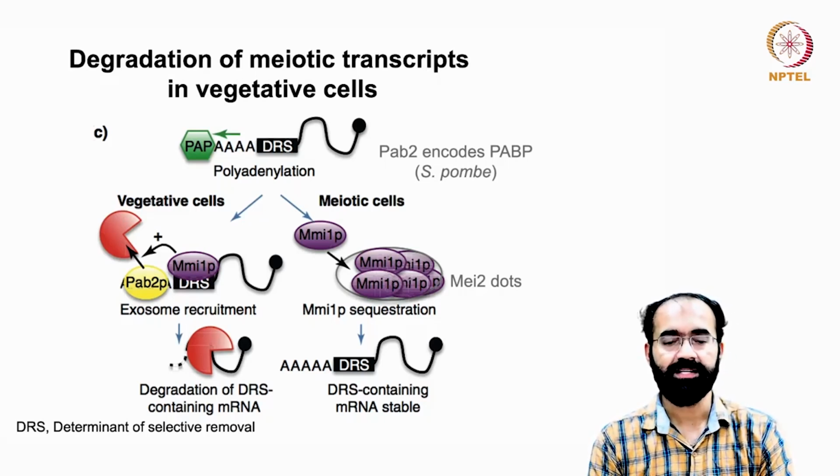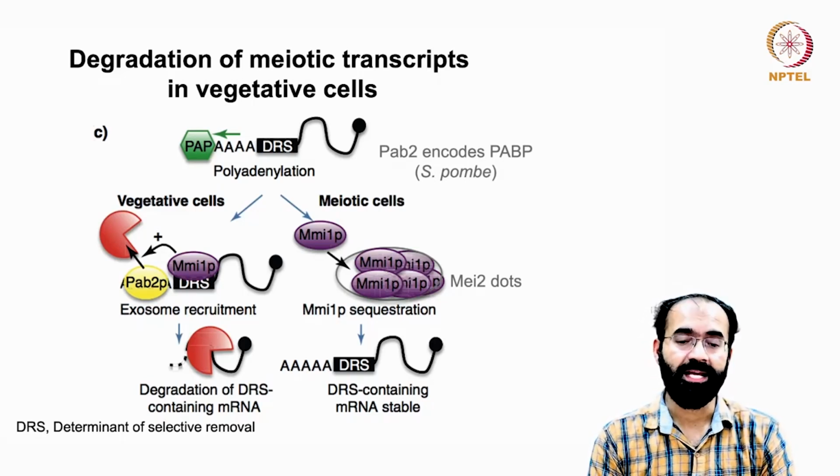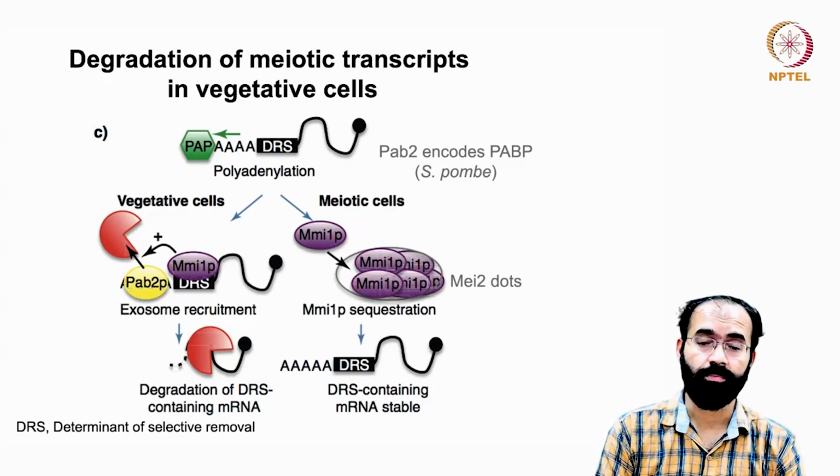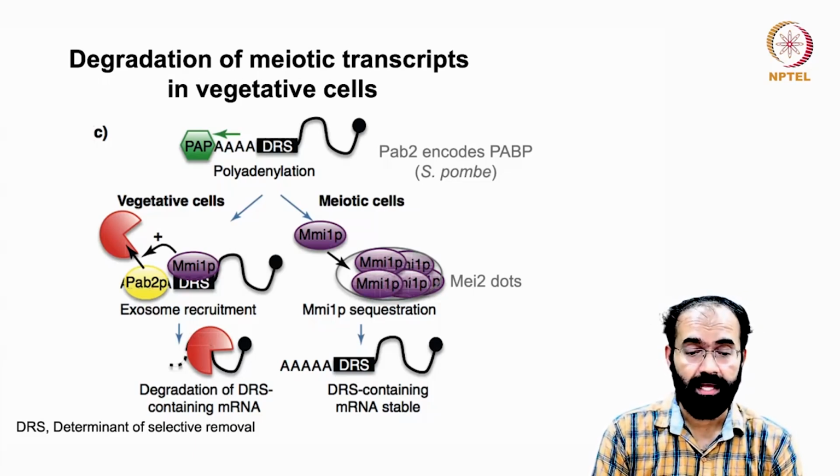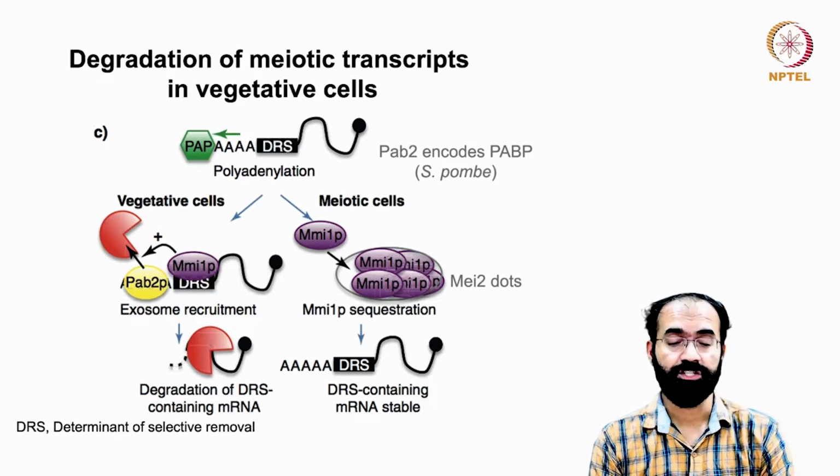In a vegetative cell, say for a given transcript, what will happen is this DRS is bound by MMI1P, that is the protein, MMI1P protein. If it is bound, then what will happen? It can cause exosome recruitment. Usually, if it can cause exosome recruitment, then that will eventually lead to degradation. We know exosomes are meant for 3' to 5' exonuclease activity. So if DRS is bound by MMI1P and PAB2P can get influenced, the exosome will get recruited and you will end up getting